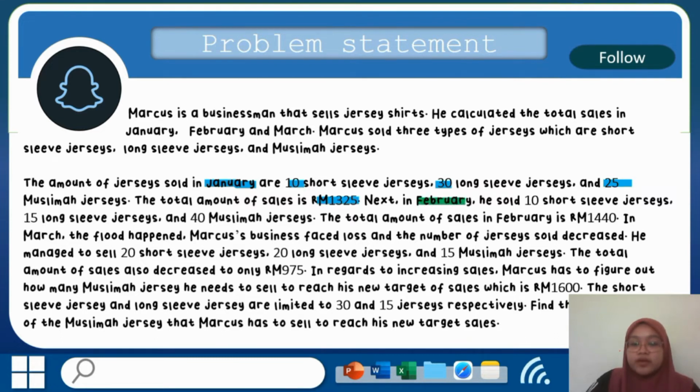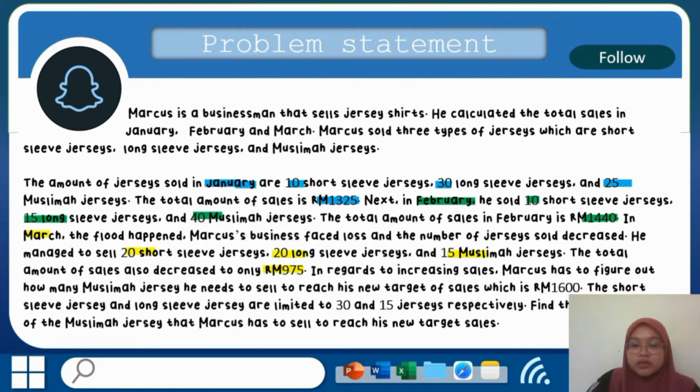And then in February, he sold 10 short-sleeve jerseys, 15 long-sleeve jerseys, and 40 Muslimah jerseys, and the total amount of sales in February is 1,440. Next, in March, he just managed to sell 20 short-sleeve jerseys, 20 long-sleeve jerseys, and 15 Muslimah jerseys. And then the total sales just